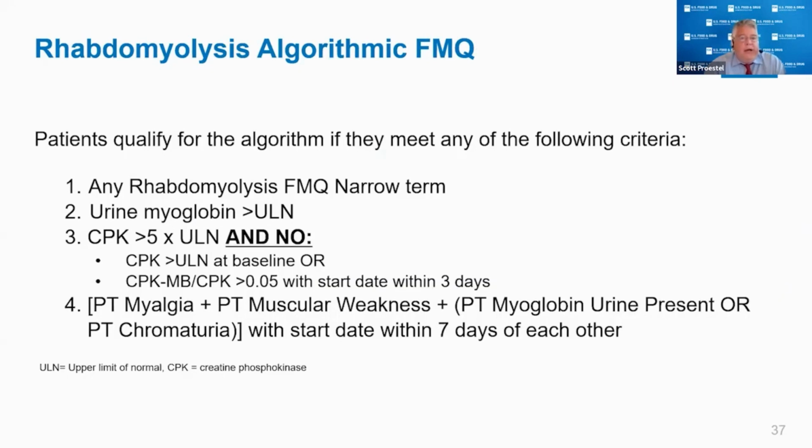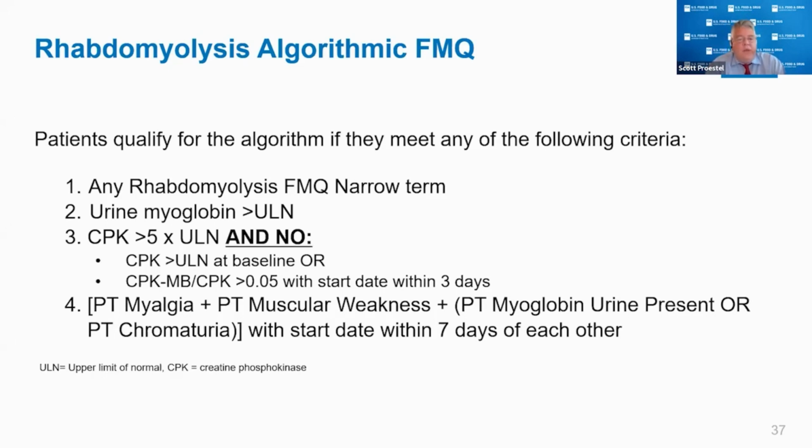So this is the first algorithm. It's probably our simplest and involves rhabdomyolysis, and it follows the structure as I was talking about earlier. A patient qualifies if they meet any of the individual listed criteria. And for all of our algorithms, the first one is any FMQ narrow term for that algorithm. We want the overall algorithm result to be as sensitive and as specific as possible. And so we certainly have a high degree of confidence in the narrow terms, and that's why we include them